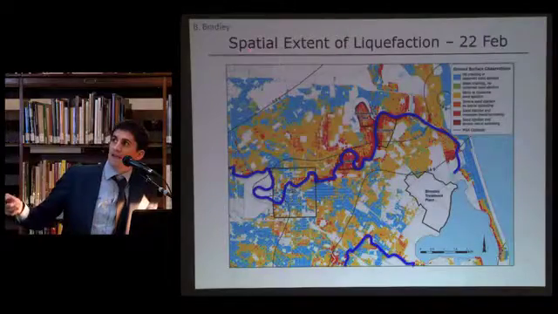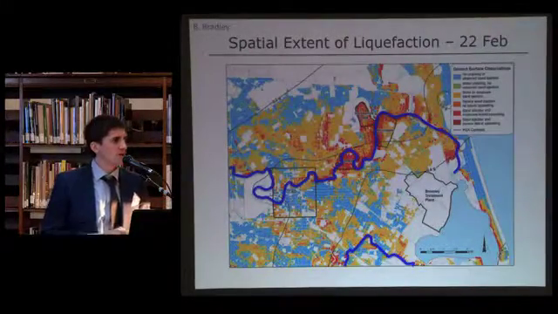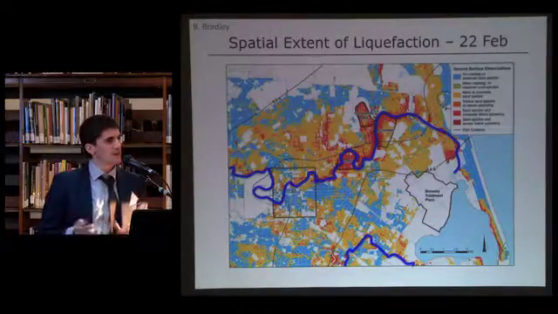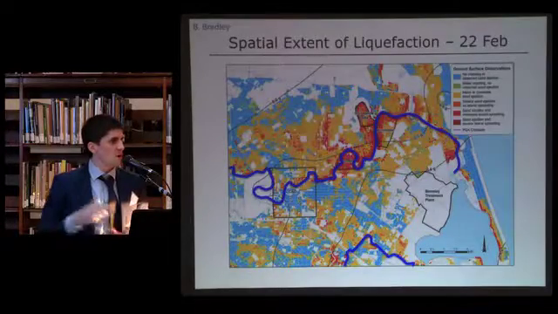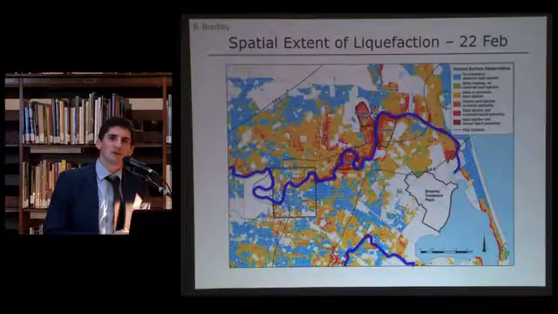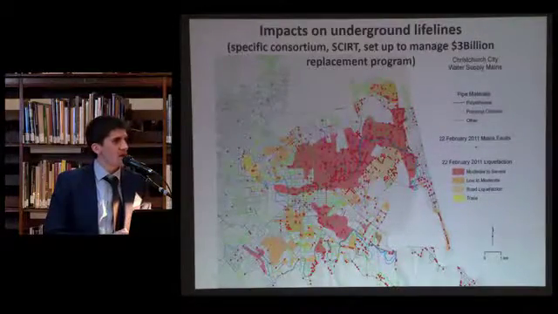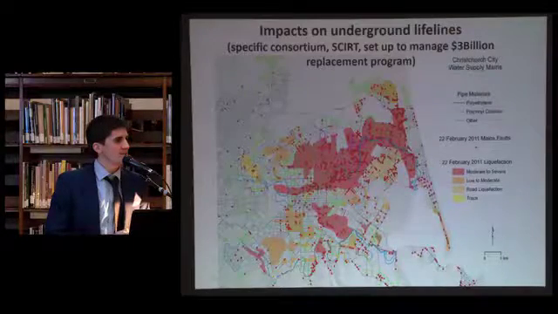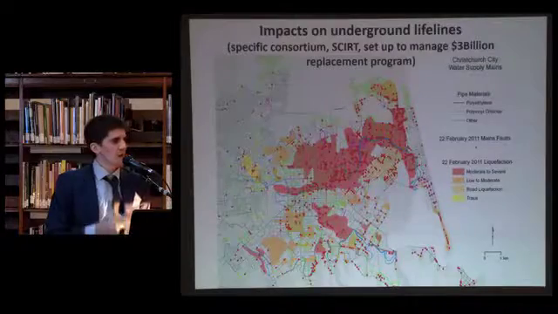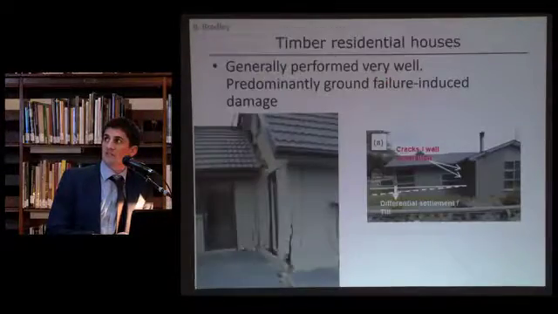So the image that I'm showing here represents somewhere on the order of about 50% of the urban area of Christchurch, and so you can see from the colours, which are orange or red, that something on the order of about 25% of the whole urban area in Christchurch was significantly affected in one way or another from liquefaction. Obviously that liquefaction had significant impacts for lifelines. This is just illustrating the areas shown as red points where we observed breaks in the water network, and Tom's going to do obviously some more discussions on those particular issues.